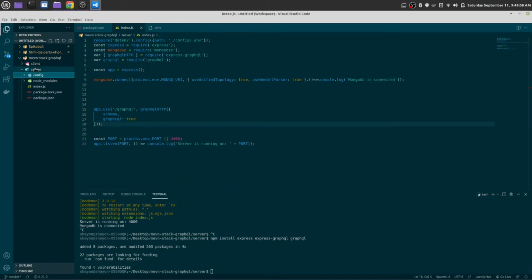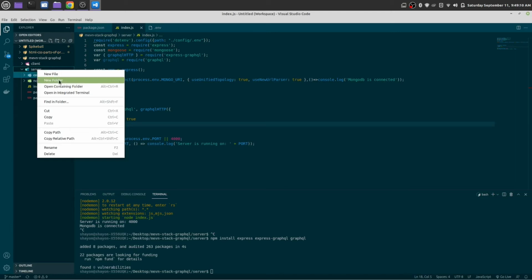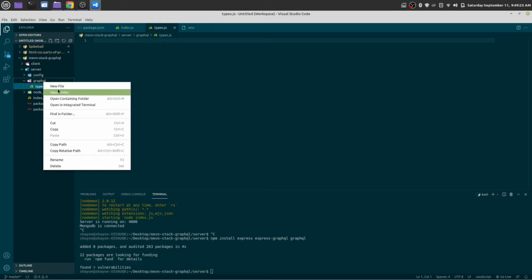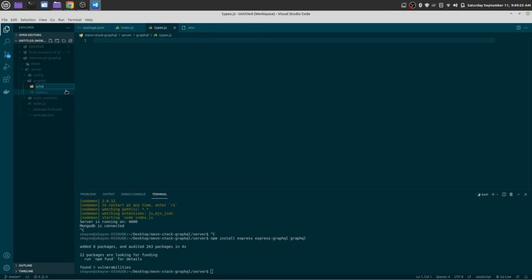Okay, now inside this server folder we are going to create one more folder with the name GraphQL, and inside GraphQL we'll have types. All the types we are going to declare here, and we'll have schema and mutation. If you don't know what schema is, what mutation is, don't worry, I'll explain everything.